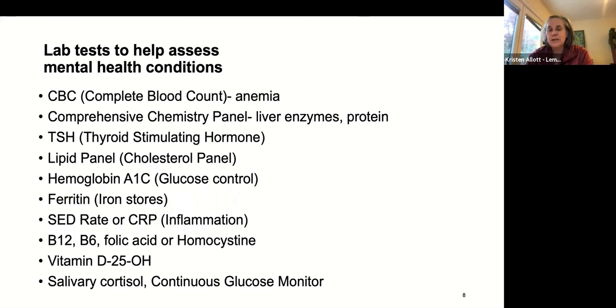Hemoglobin A1C is usually a diabetes marker. It's a protein that hangs off of a red blood cell, floating around the body. Every time it goes past glucose, the glucose sticks to that protein, and it gets thicker and thicker as we move towards diabetes because there's so much glucose there. So that's what it's measuring.